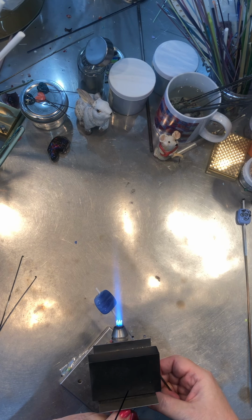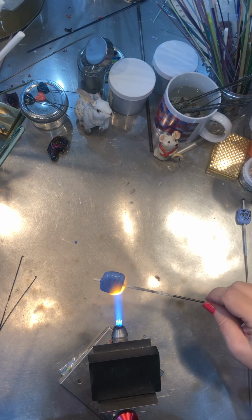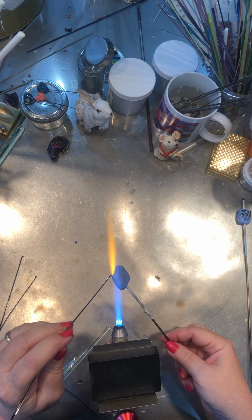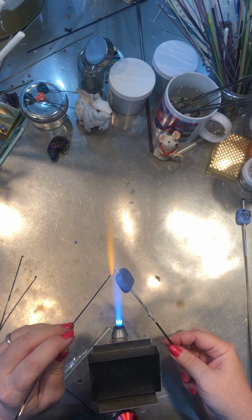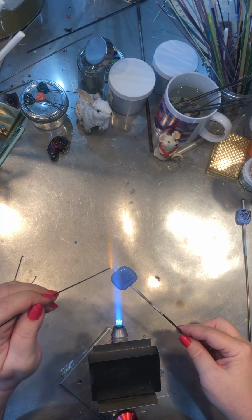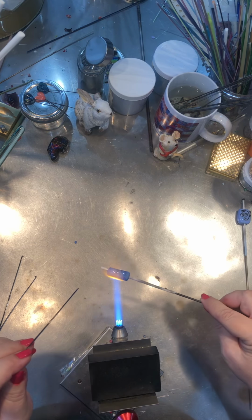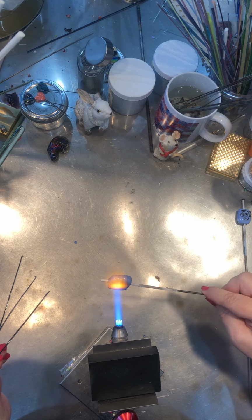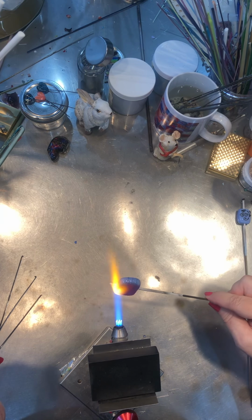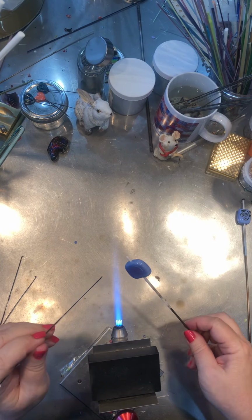I like it nice and small, and I'm going to make it a little fluffier, which is a little cooler. I need to keep the bead warm, but that's about it. And I work in the edge. I don't know what you can see right there. See where it just turned it rosy there? I work out a ways instead of the hotter part. I work a little farther out, and I keep the top of my bead warm, but not hot. There's a tiny bit of a glow, as you can see, when I warm it up, but not too much. Keep it warm. So I'm going to go to the outside,